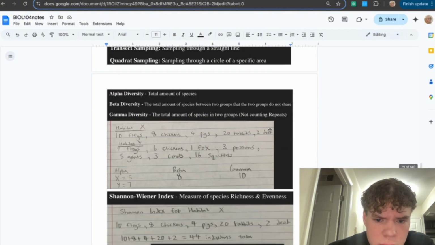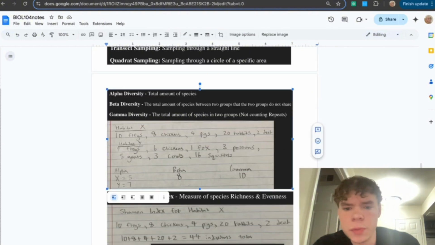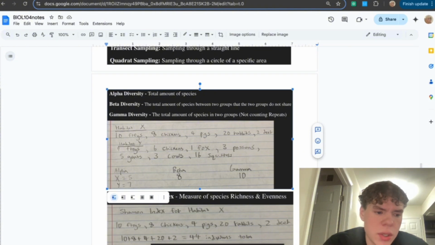Yeah, right here. The beta diversity is the total amount of species between the two groups that the two groups do not share, and our gamma diversity is the total amount of species in the two groups, not counting the repeats. So, say like